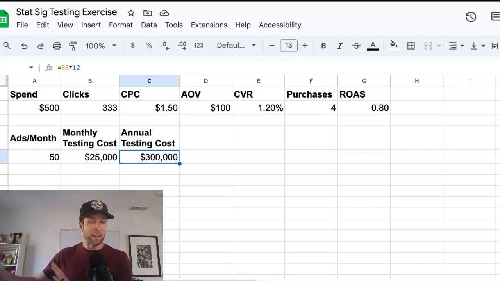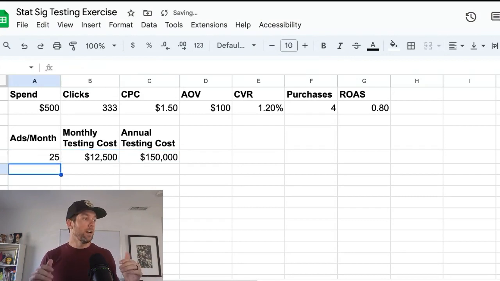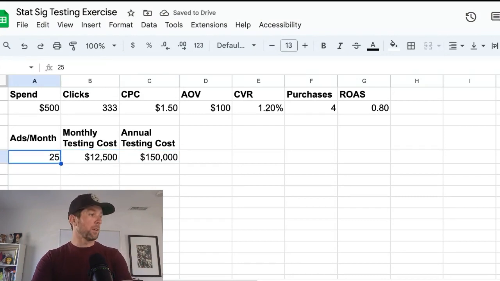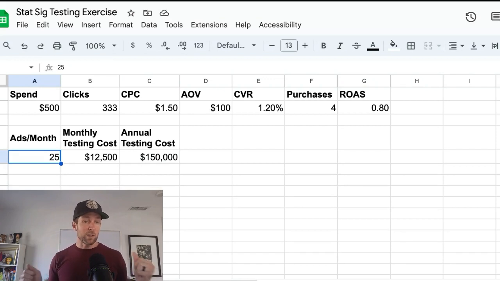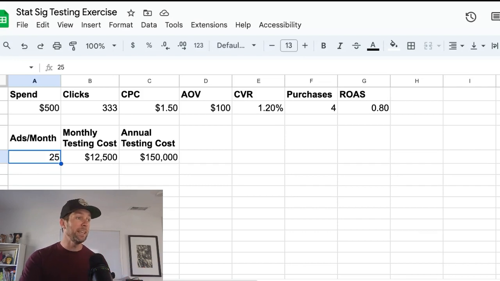Okay, so the cost is this high, especially for testing that is not going to work that well as a test in general, right? They just aren't going to have that money lying around. And of course, larger brands, right? If you get to a point where you're testing 100 ads per month, now you're talking about a $600,000 a year line item where you are going to blow a bunch of that money. Again, that's assuming that you spend $500 and you may or may not get to statistical significance still. In fact, you're very likely not going to. You really need overwhelmingly great performance to even get to a point where you can really trust that the results are going to be really good.